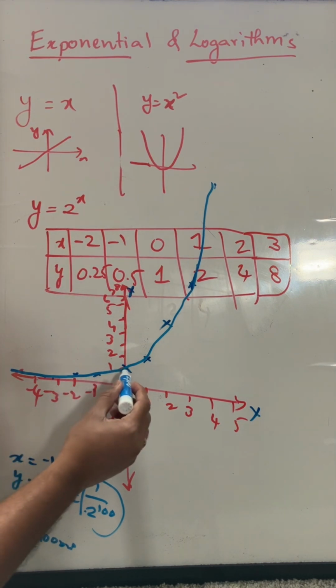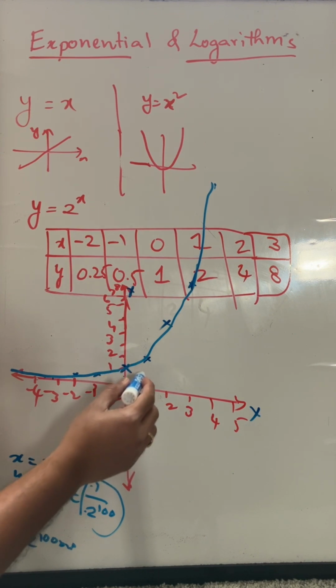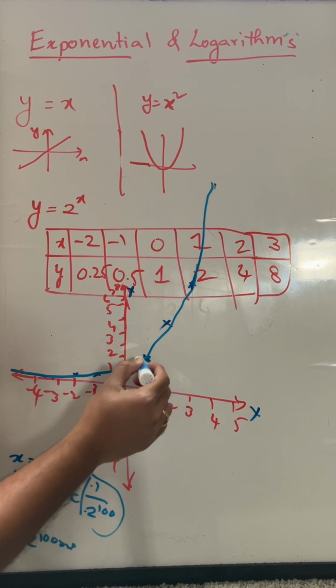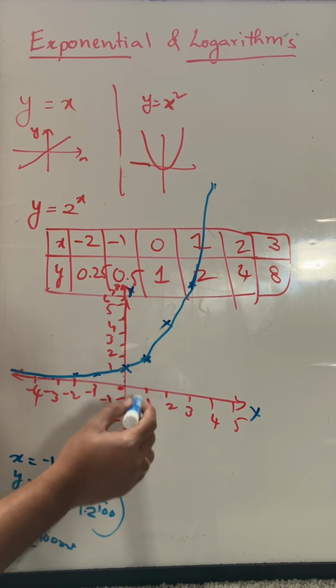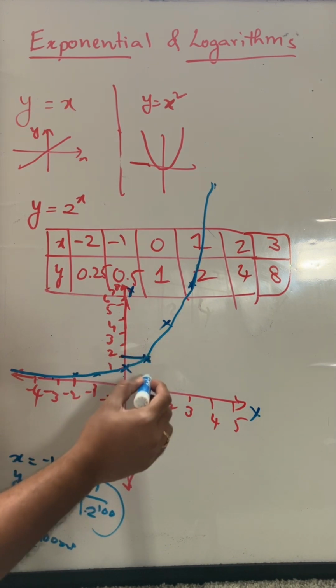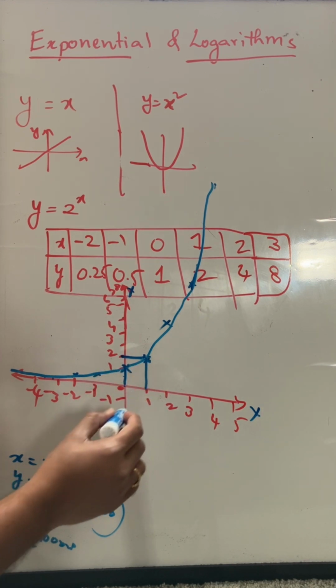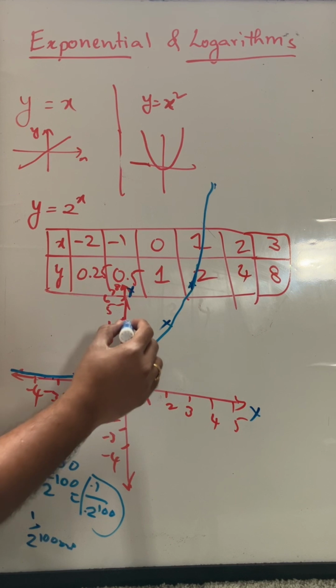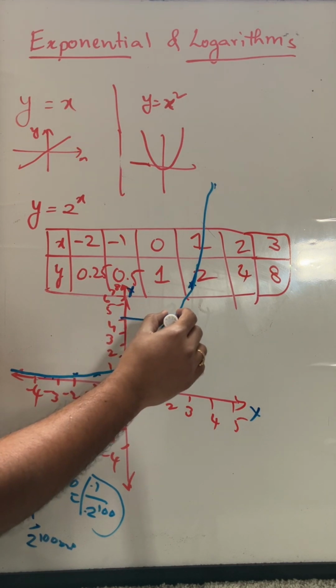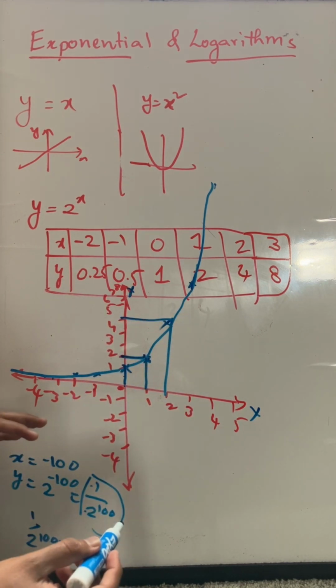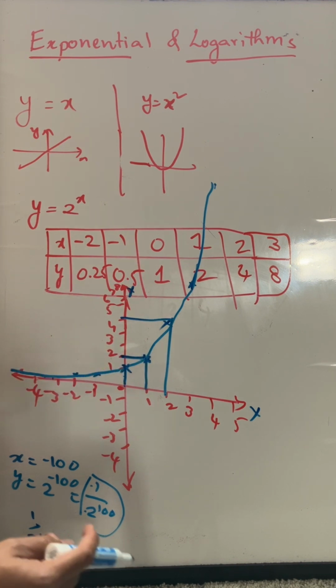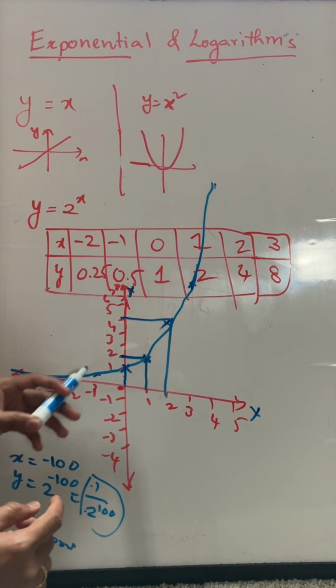When y is 1, x is 0. When y is 2, x is 1. When y is 0, x is 0. When y is 4, x is 2. These are good. Let's take in-between values. So what would happen when